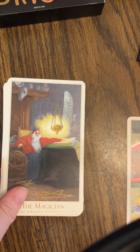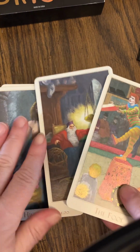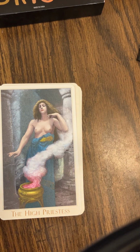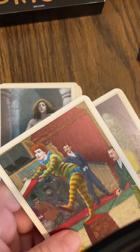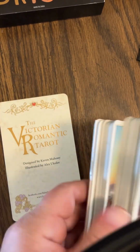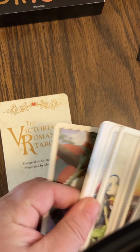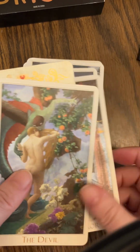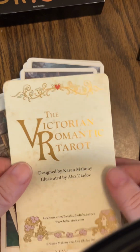So, for reasons we never really figured out, there are 2 extra cards. They're not alternative cards. They're the same card. I mean, I don't mind. I guess they just had to print, you know, you get those 2 extra prints. So they're just extras. Those were not the ones that were extra. Actually, there we go. What you get is an extra Emperor, an extra Devil, and there's a 3rd card, so you get this